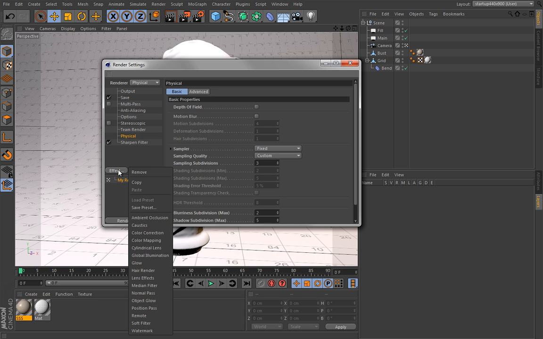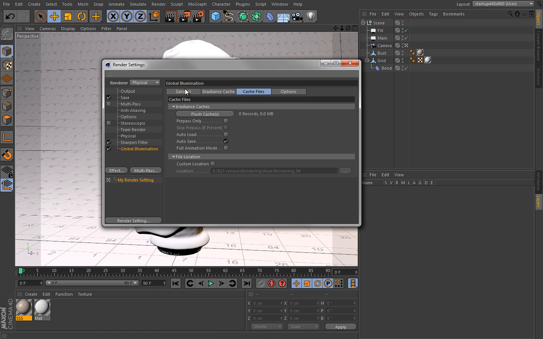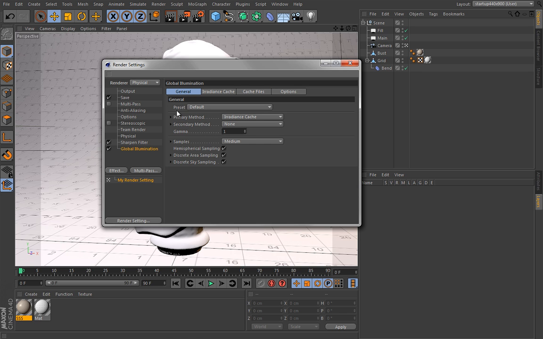Now let's add global illumination, and here, as you can see, the interface is simplified, especially when it comes to irradiance cache, so you can set the record density and simply forget it. Now under general we have two primary methods, so once again simplification as much as possible. This legacy is for older scenes that you will load into release 15, and under secondary method we have, aside to QMC and irradiance cache and these radiosity maps from release 14,